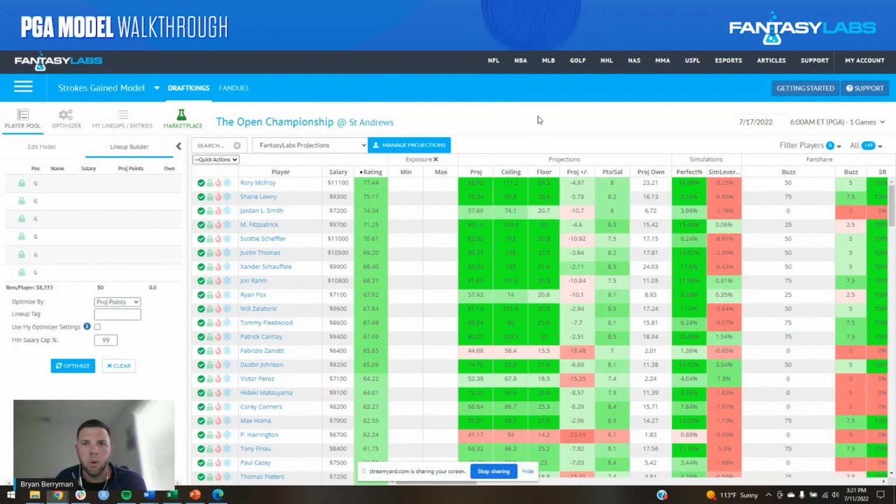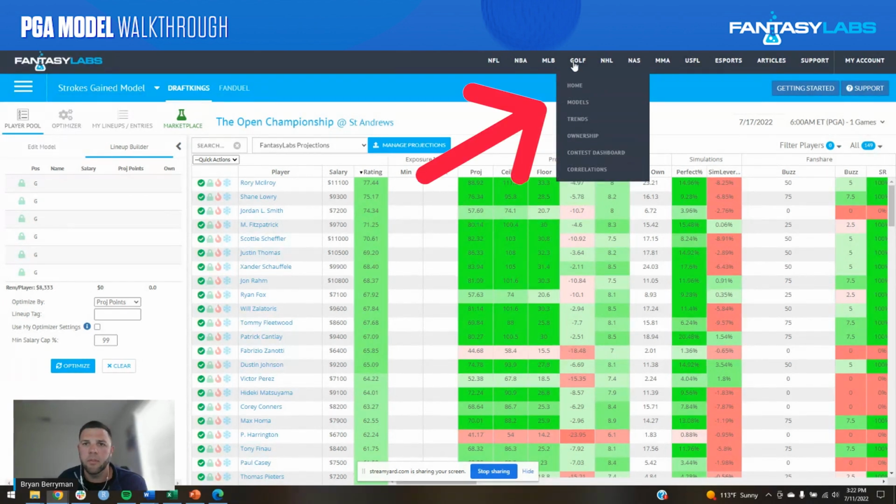From there, I will break down my thoughts on the course for this week, how I see the Open playing out in general, and how we can use those thoughts to adjust my model and hopefully find some plays that will make us some money this weekend. So let's get started. First, what you'll do to access the models page is go into golf, obviously,